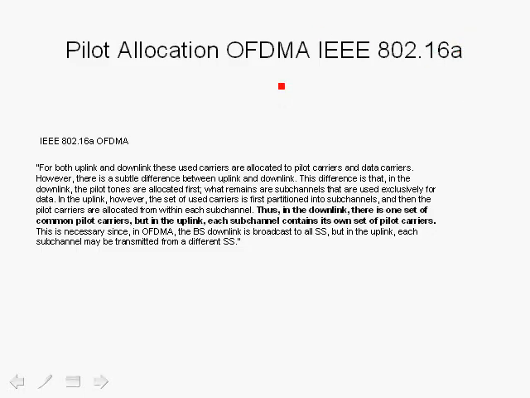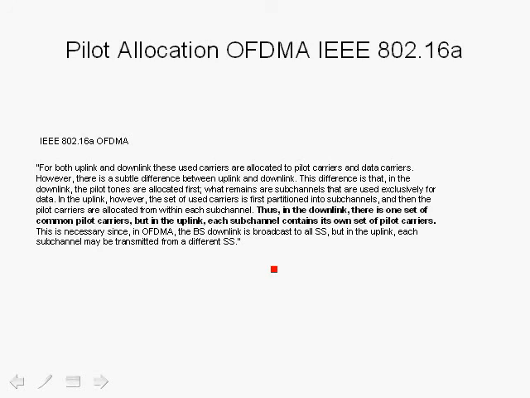The next topic we want to get into is the method used for pilot allocation in OFDMA, OFDM multiple access, and IEEE 802.16a, for the case in which we're using a 2048 FFT, because there are certain issues that are involved with the pilot allocation when we do OFDMA, and that's why we will discuss this in a little bit more detail. This paragraph is straight out of the IEEE 802.16a document, and I'm reproducing it here because they've done a great job in explaining how all this works and why they need to do the pilot allocations the way they